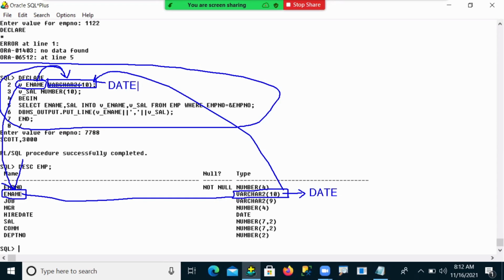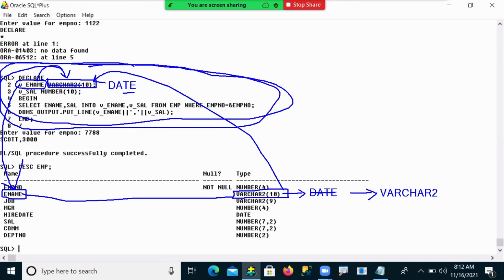But after some time the user changes the date data type back to varchar2. Again date and varchar2 are not matching, so the programmer has to rewrite the entire program one more time, remove date, and use varchar2. Then it will match and work.